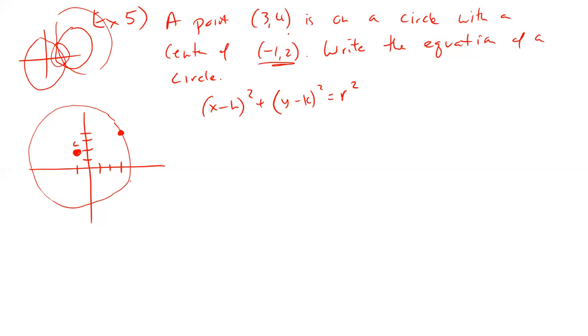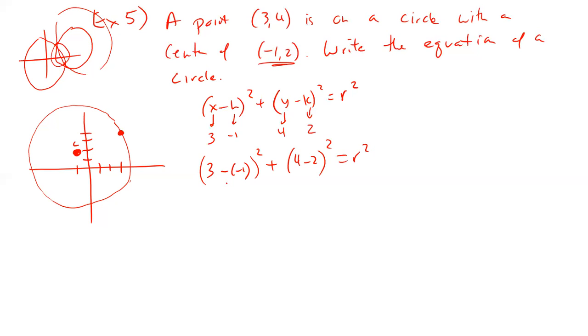So let's say this guy's going to come in as a 3. This guy's going to come in as -1. Are we good there with -1? Because that's the h value. This comes in as a 4. This comes in as a 2. And we're trying to find r. So be careful when you put this in. This comes in as (-1) squared, this is (4 minus 2) squared, and r squared. Okay, everybody okay with plugging in those values there? You know what the x and y values are, because that's on this circle. You know what the h and k values are, because we know the center.